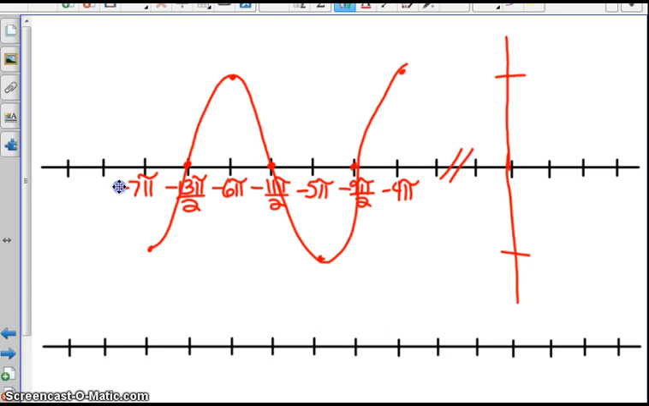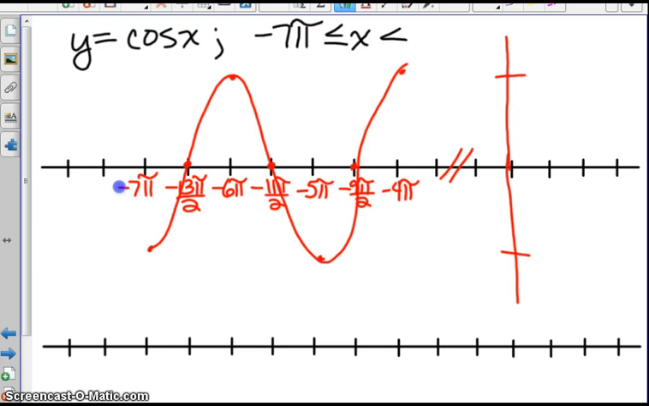Now, what the problem would have looked like in your text would have been this. It would have said y equals cosine of x, and then next to it, it would have given you the interval that you needed to graph it on. It would have said negative 7 pi is less than or equal to x, which is less than or equal to